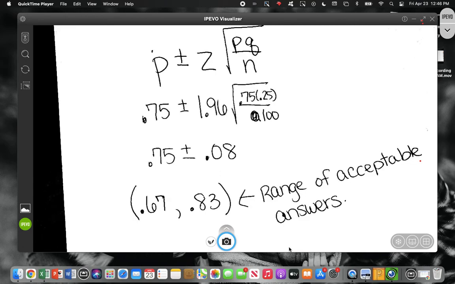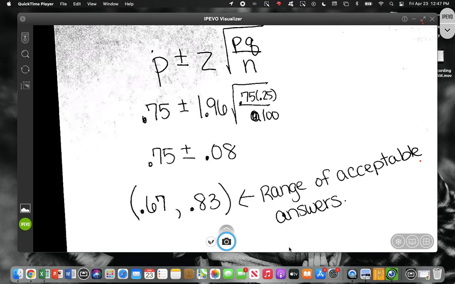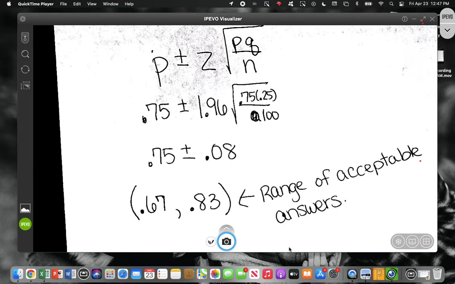All right, so we do have one thing that I want you guys to write down, because Monday and Tuesday we are going to do a lot more testing of these things, because the more that we do this, the better chance we have of getting 4s on these. And I will tell you, I've never seen a test that doesn't have a hypothesis test on it. You're never probably going to have more than one, but it might be a proportion, it might be a mean where you'll have to use a t-table instead of a z-table. It just depends, and we'll do a little bit of both next week, so that way we can get practice